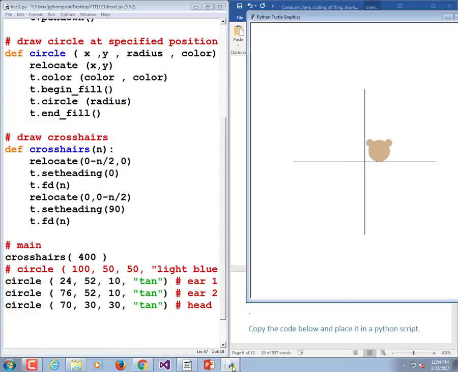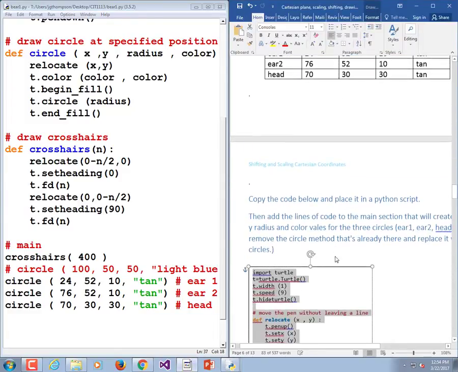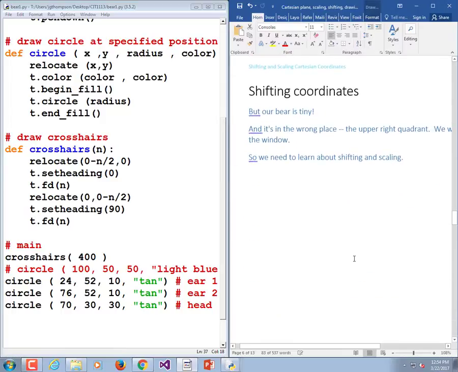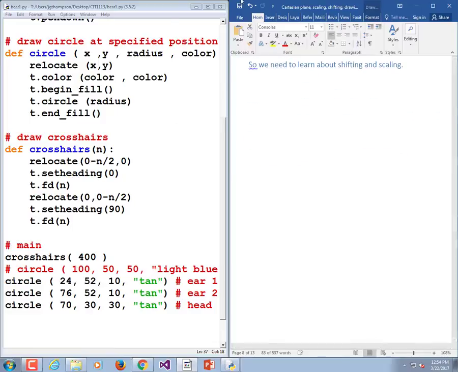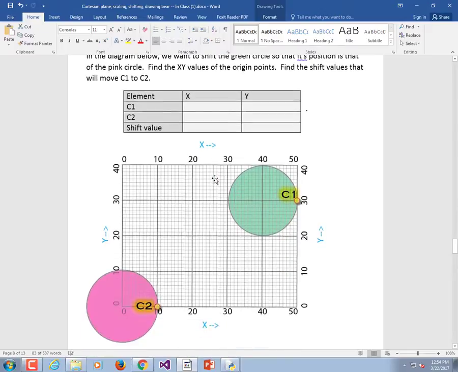So back on the next page of the Word doc, shifting the coordinates. Our bear is tiny. It's in the wrong place. We need to learn about shifting and scaling. So to shift it,